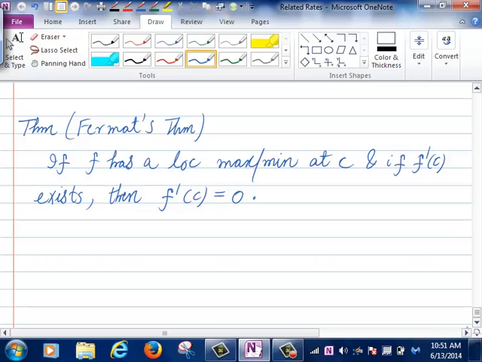So another way of saying this would be that the local max and local min values may only occur at the critical points. Am I making sense? So this also says this. So an implication of this is that